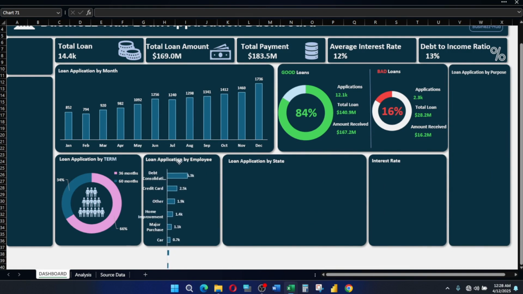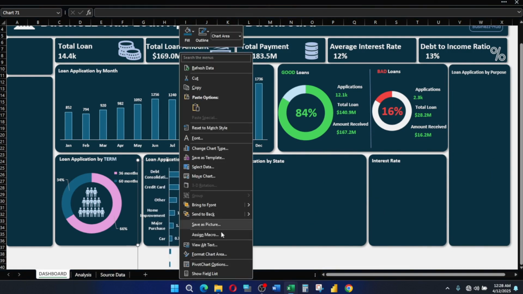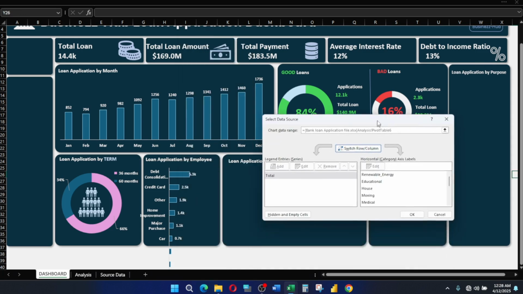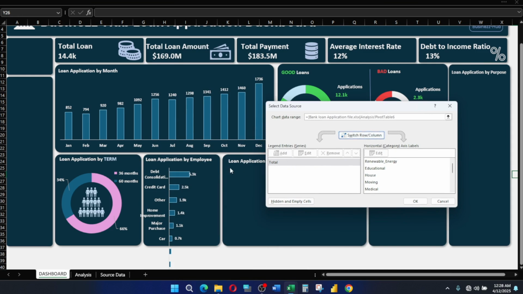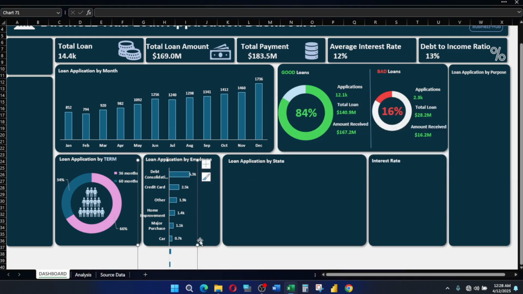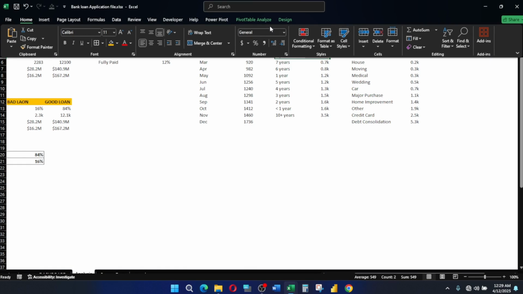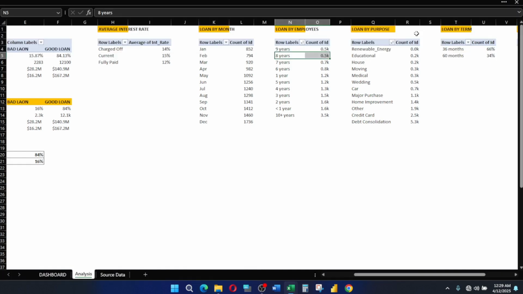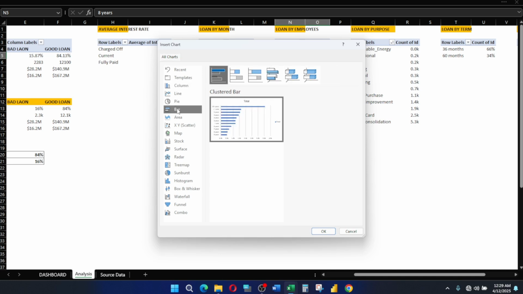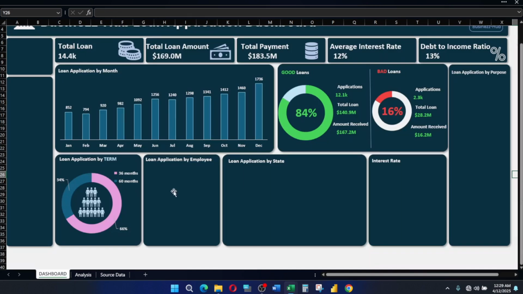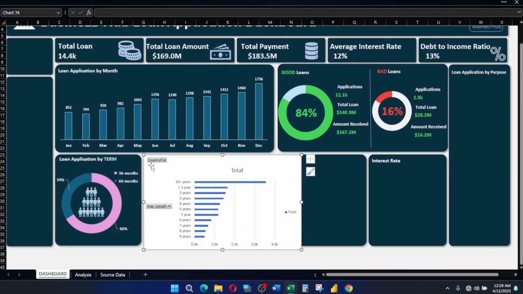Copy this and right click on it, change select data set, loan application by what? This is loan application by employee. So let's just do it. Loan application by employee. Click on it, go to your pivot chart, pivot, bar chart, click, cut, come to your dashboard, paste, remove all value field